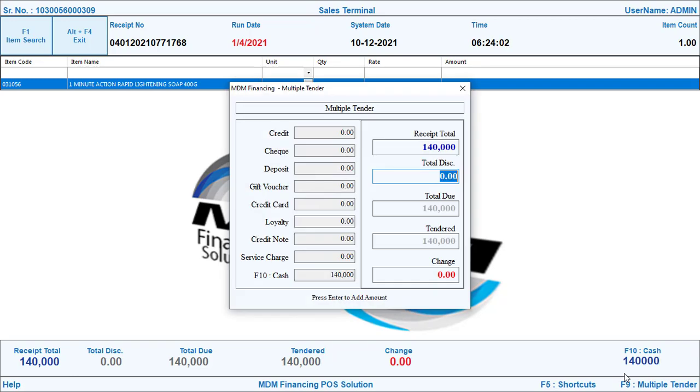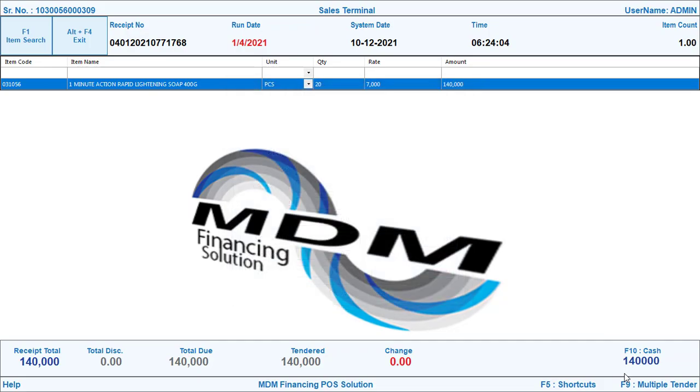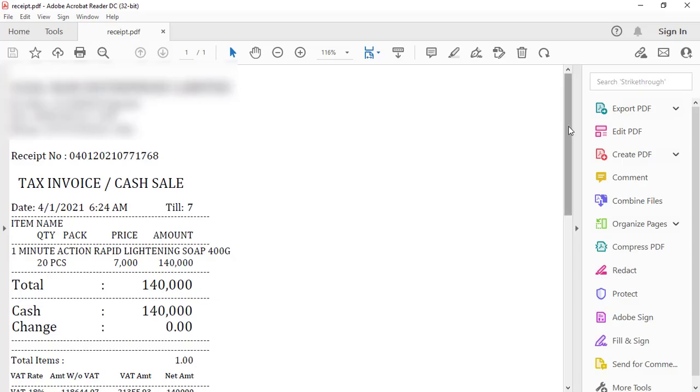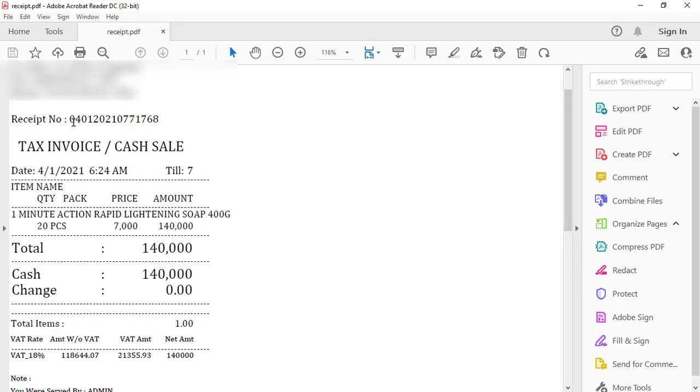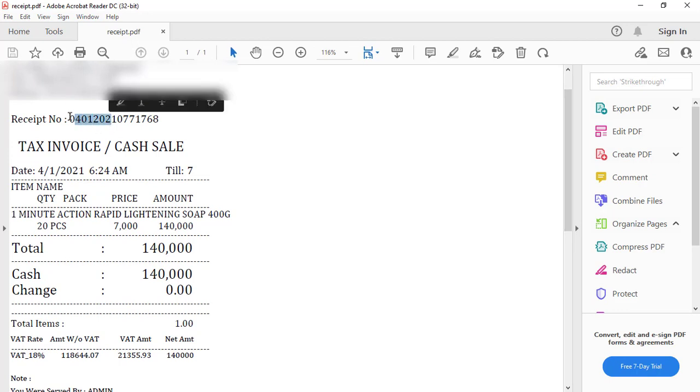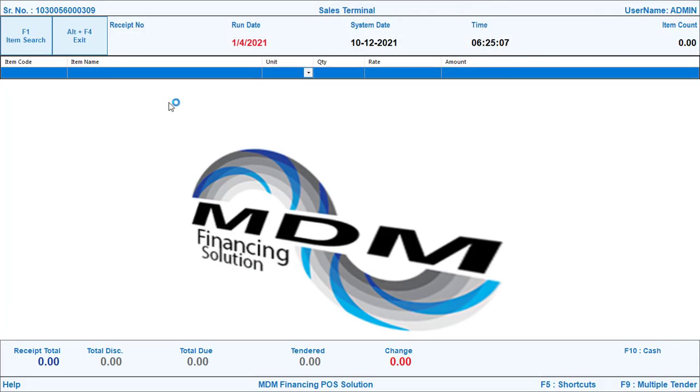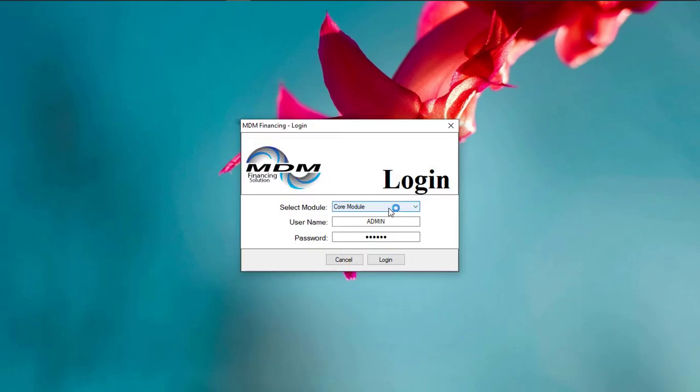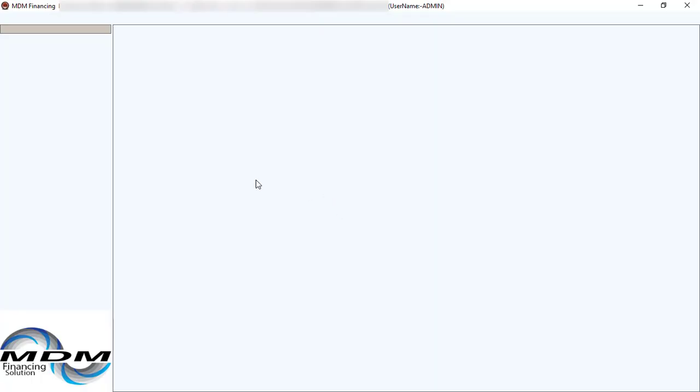I'll not choose the customer for this case, so I'll select enter. All I'm interested in right now is this receipt number. I'm not interested in all other fields. I'll just pick the receipt number and copy it. So I've sold that under that receipt number. I'll come back to the core module,